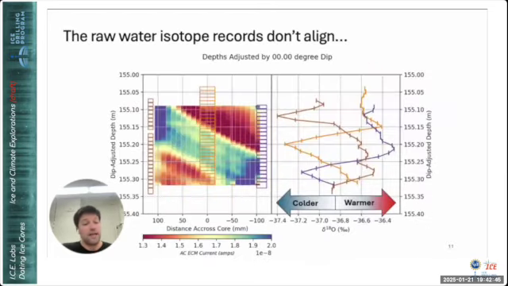So here we've got a slightly complicated figure, so we'll walk through it. On the y-axis, so the up and down, we've got the depth in the ice core. And so we're at 155 meters down to 155.4 meters. So this is only a 40 centimeter chunk of ice. On the left, we've got our electrical conductivity measurements. So we're kind of looking top down at a section, and then across that is just the distance across the ice core. And then the boxes represent 3 different sets of samples in brown, orange, and purple that we cut